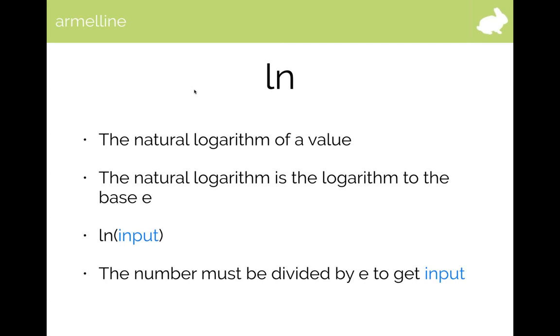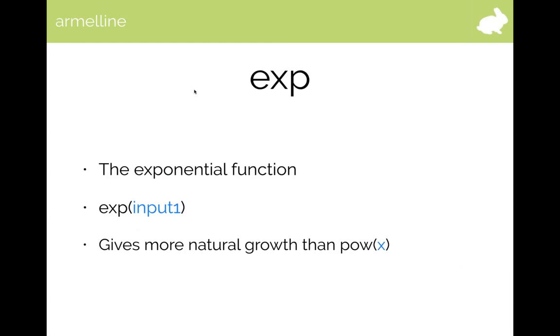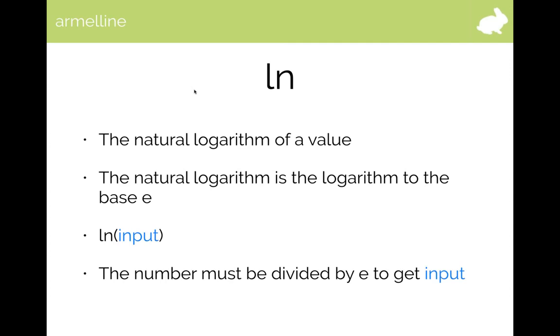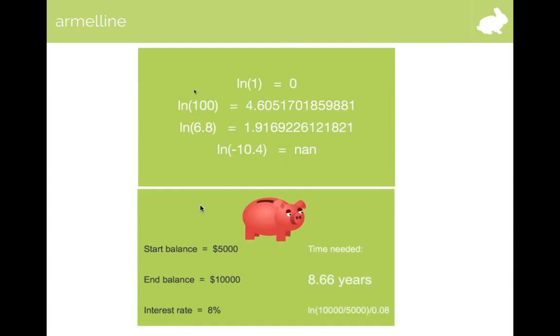The natural logarithm is the logarithm to the base of Euler's number e. So we're basically having the exact same situation as with POW and log 10, but with the exponential number. Now, this one is also very handy because it's very useful for doing things like, if we think about interest,